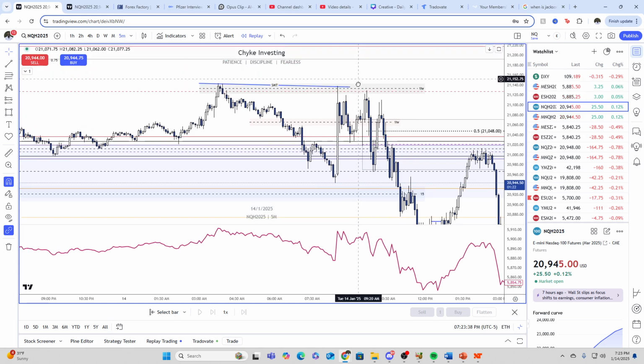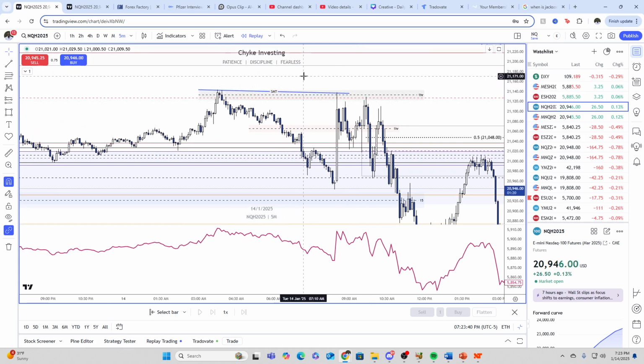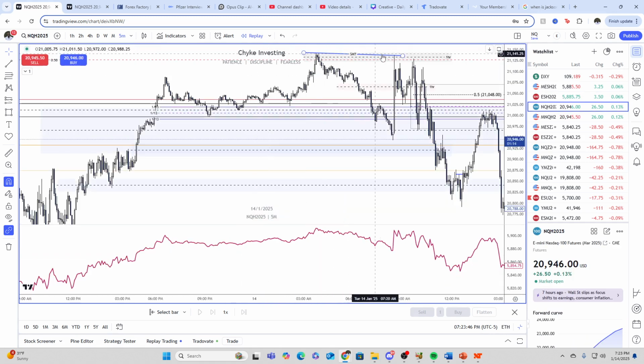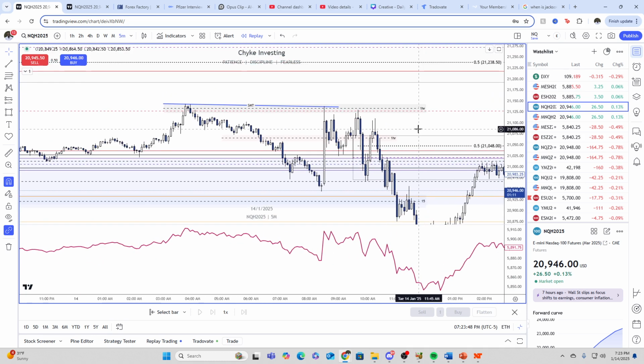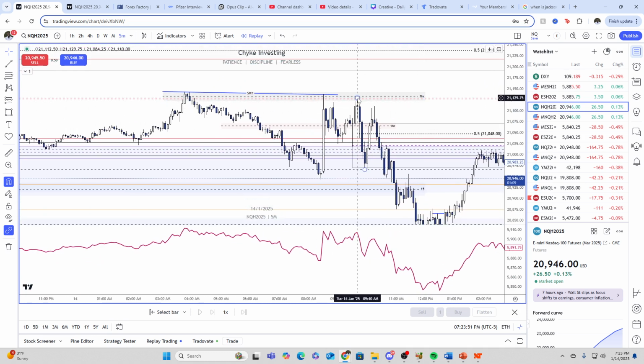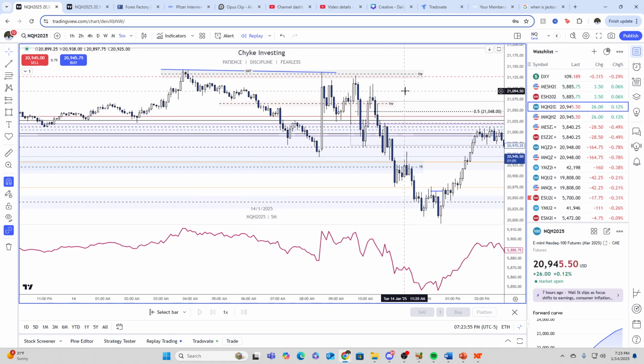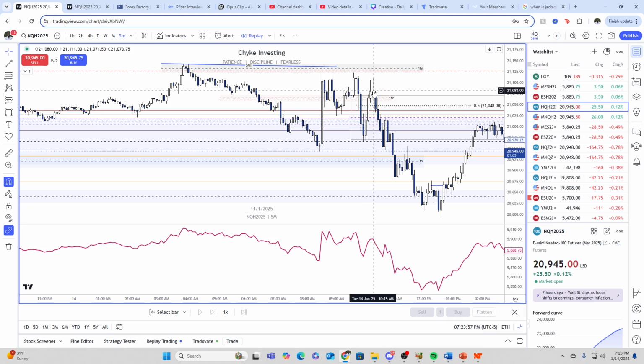And we have SMT that formed with ES here as well, right? You can see that ES took out this high, NQ did not. If that didn't happen, I probably would have waited for price to take out these LRRs right here. But because we had that SMT, I felt confident about shorting. Price ended up running lower, returns back to this 5-minute SIBI, runs lower, returns back to this 5-minute SIBI, runs